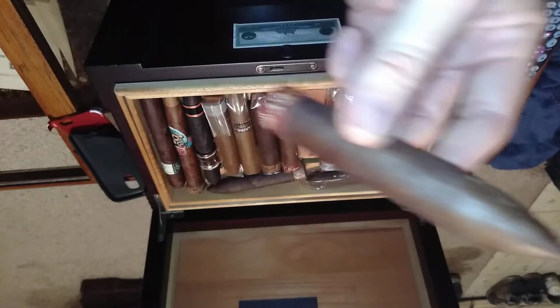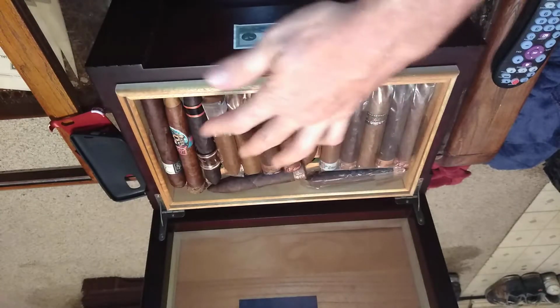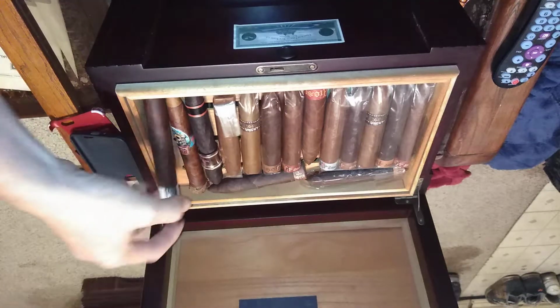Now, I have several of these, and I've been unable to do a review video on them yet because a friend of mine went in with me on these cigars, so I can't do the video until he's ready to do the video. And then the next one we're going to do,